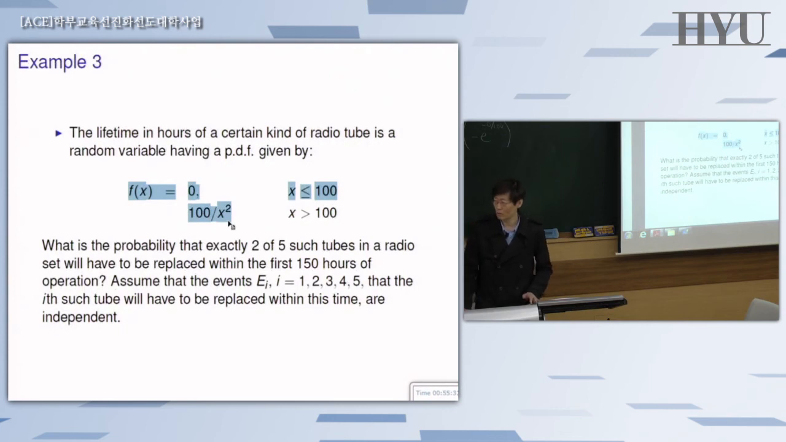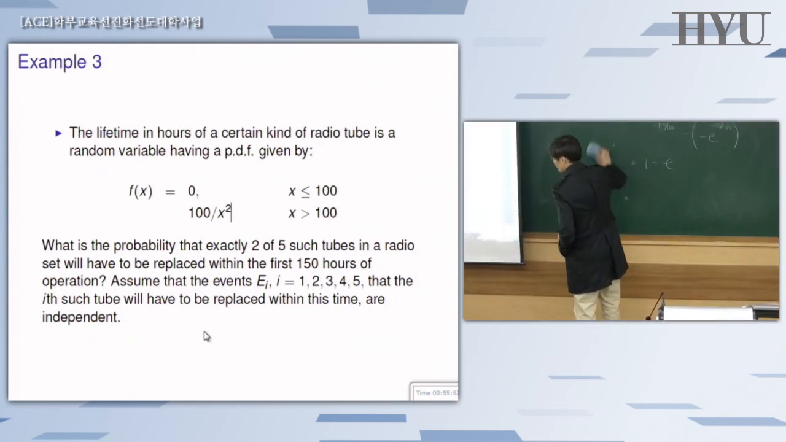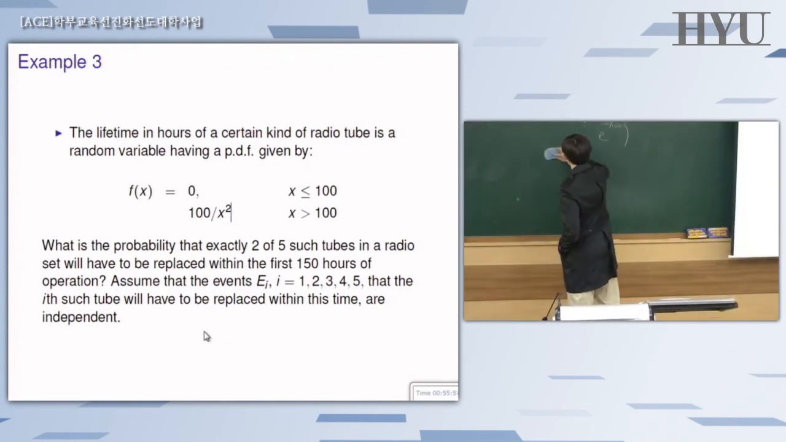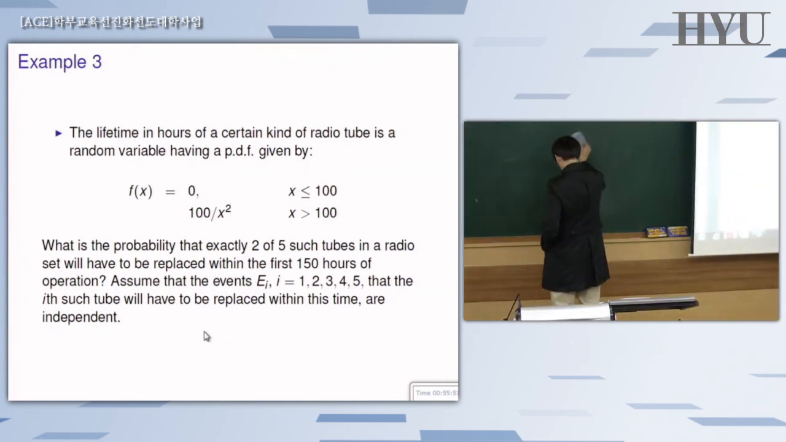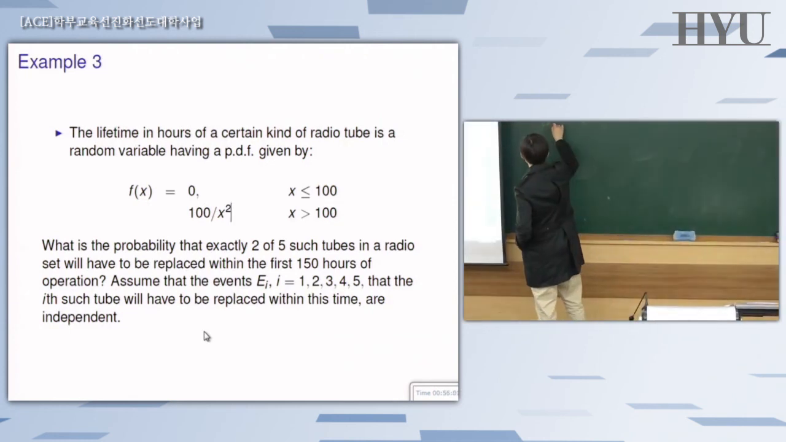So which one should be identified first? The binomial part or this continuous one? As always, computation of probabilities starts with the definition of some random variable. So define the proper random variable in the proper way, and this is no exception. So we can let Xi be